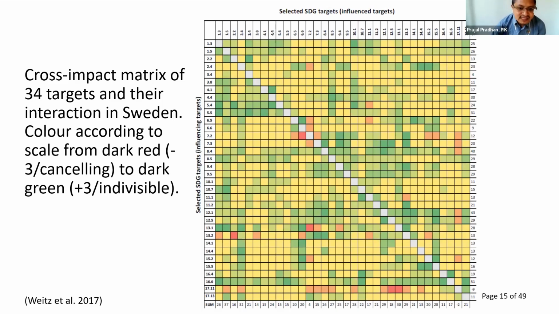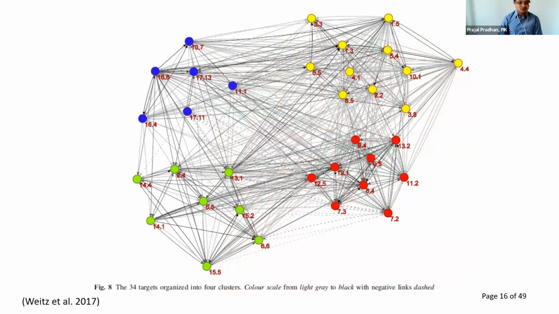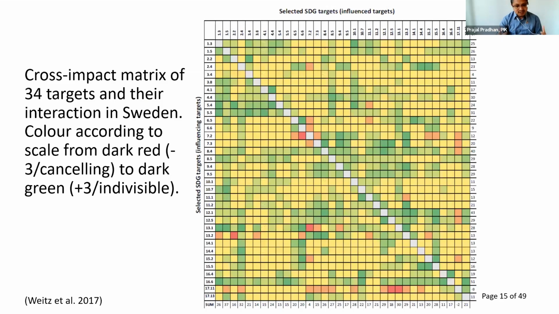And then what they did is they went a step further and built an SDG network out of this. So this could be another approach, where you can collect the qualitative information based on literature, based on stakeholders, based on focus group discussion, based on questionnaire survey or semi-structured interviews. And then in terms of SDG interactions, you can think about developing a matrix like this, an SDG interactions matrix,